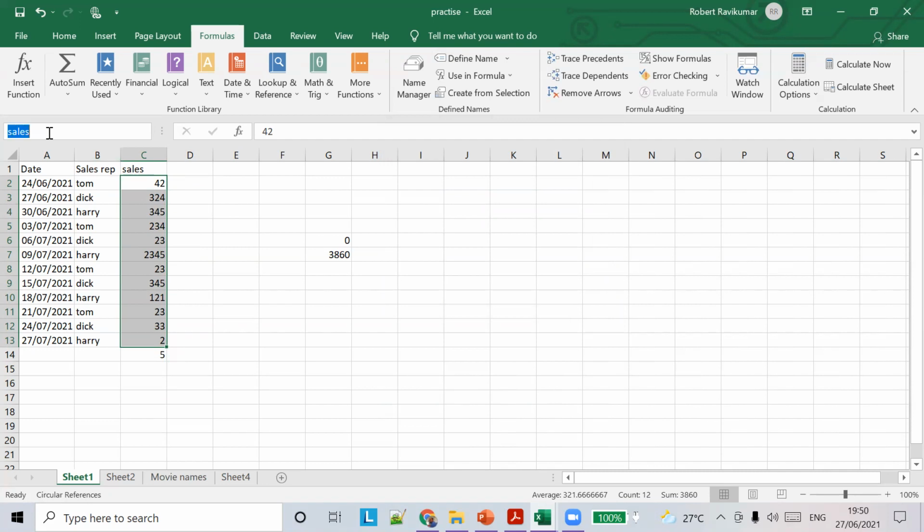Select this one, and you can create a name called Robert. So Robert range or something like this.